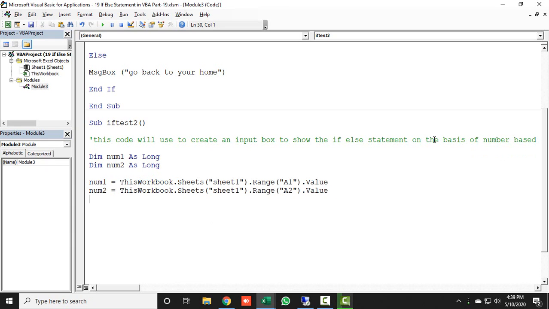All right, and if num1 is equal to num2, meaning if A1 and A2 have equal written values, then a message box will appear, and it gives the message or number which is 100.